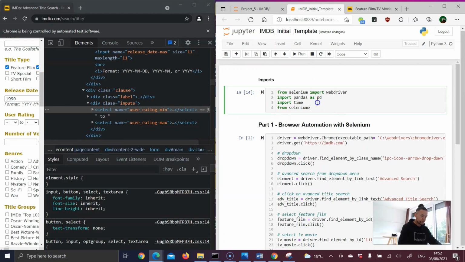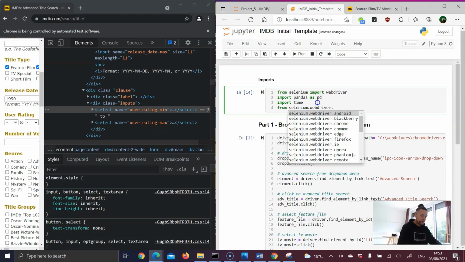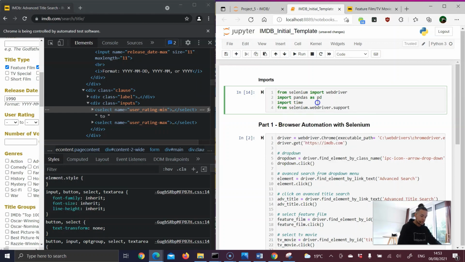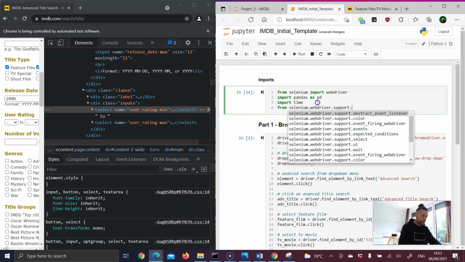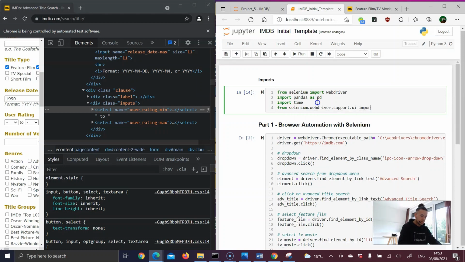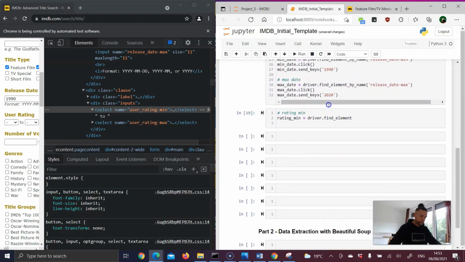So it's from selenium dot webdriver dot support, I know this is actually quite long, dot ui. We want to import the select class. And this is right now very important. Run the cell, go back down, and here actually what we need to do is, first of all,